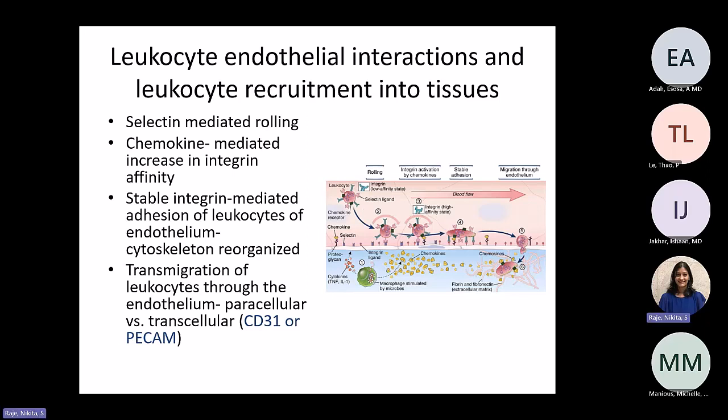And that signal, or basically message, that reaches the circulation leads to a series of events that helps the leukocytes to move from the circulation, come out of the circulation, and go to